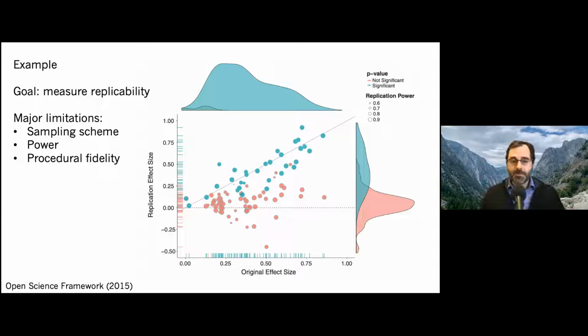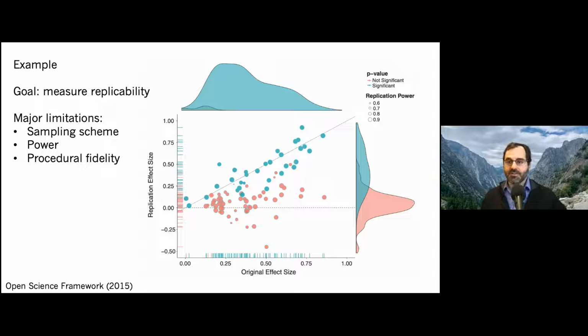Folks are probably familiar with the disappointing result of this study, which is that only about a third of the projects worked by the various definitions of replication that were used in this project: a statistically significant finding, a subjective impression of replication success, and so forth. But there was also a tremendous amount of ink spilled around this paper in that it had some major limitations that I've mentioned. The sampling scheme was very much non-random, non-representative. So the estimate does not generalize to all of psychology.